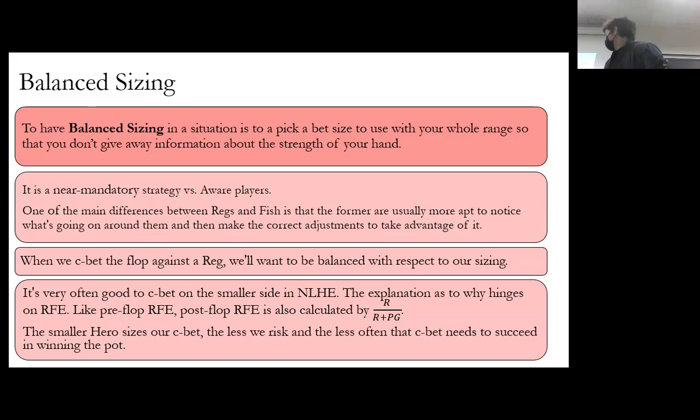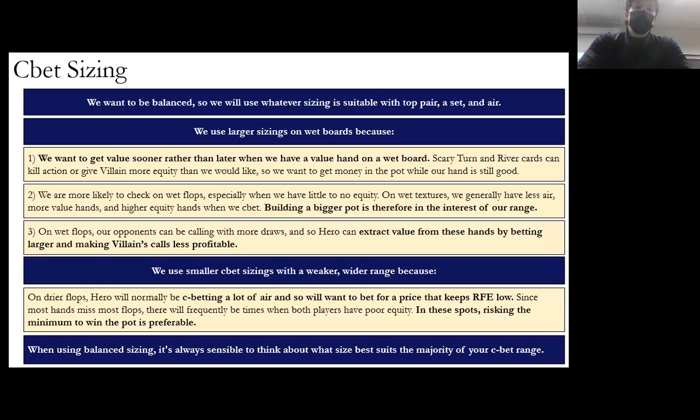It goes back to this required fold equity formula. The less that we risk on a bluff, the less we need the bluff to work. But yeah, if we're playing any aware players, we need to use balanced sizing. I just wanted people to keep that in mind, because the mistake a lot of people make is they'll say, oh, I read all this about these bet sizes. I have a value hand, let's go big. I have a bluff, let's go like third pot. So anyway,